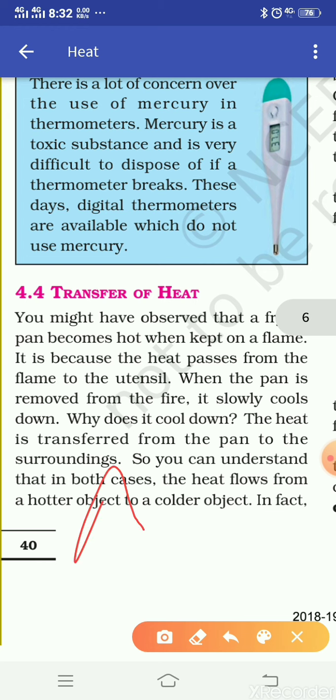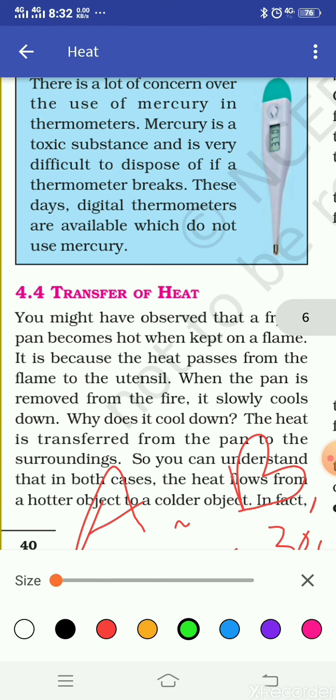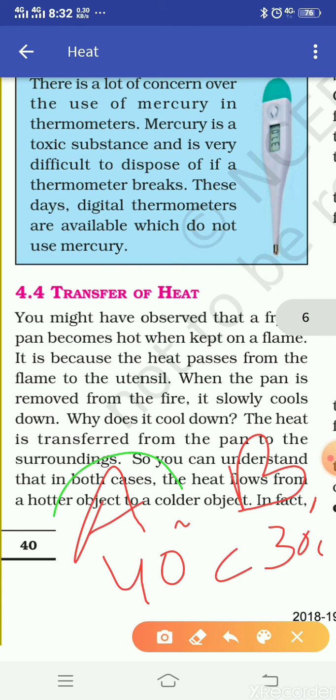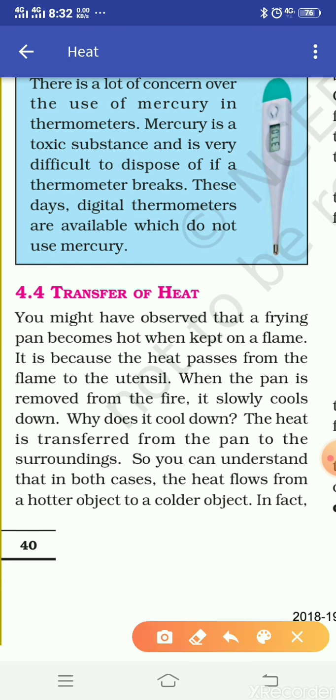Suppose that we have two objects A and B. A has 40 degrees Celsius and B has 30 degrees Celsius. So we can say A has a greater temperature compared to B. It is the nature of heat that it is always transferred from object A to B. Why?